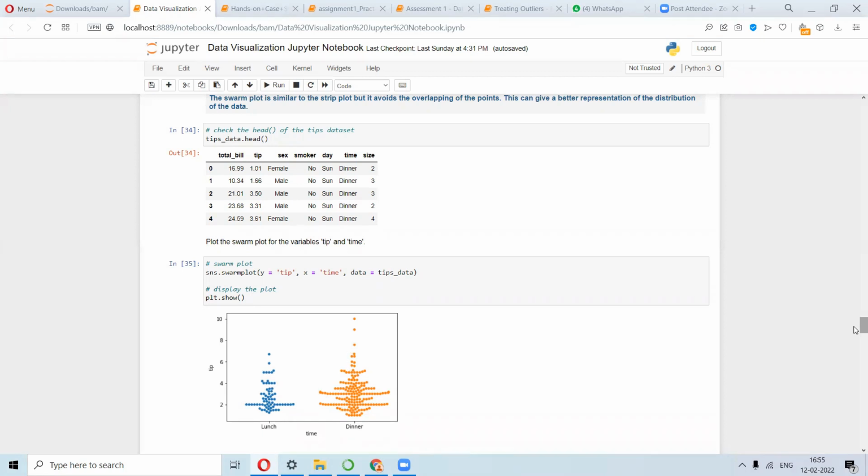Now, what are the things that you can actually find out from this representation of the data? Firstly, you can see these are the frequencies, right? So you can see that more people are tipping less than 3, which holds true for dinner as well. This is much bigger, or longer, than the others. So that is one thing. And what is the distribution or pattern for lunch, and what is the pattern for dinner?